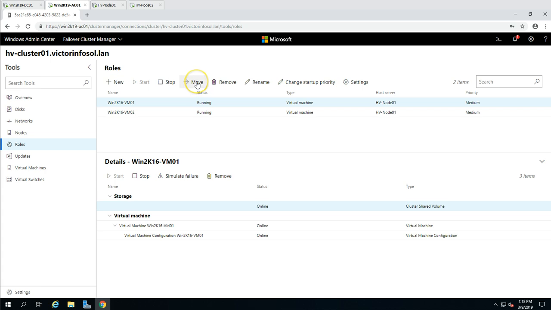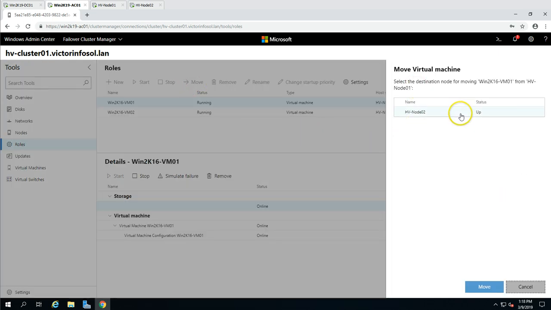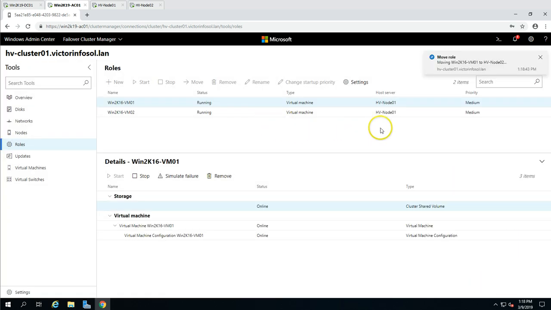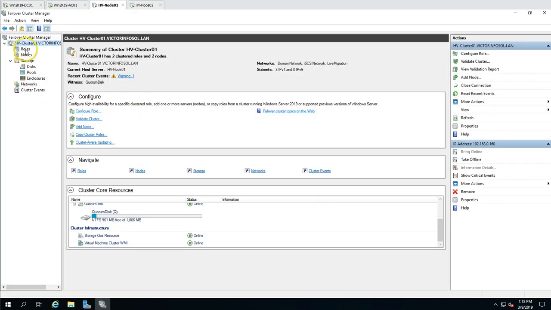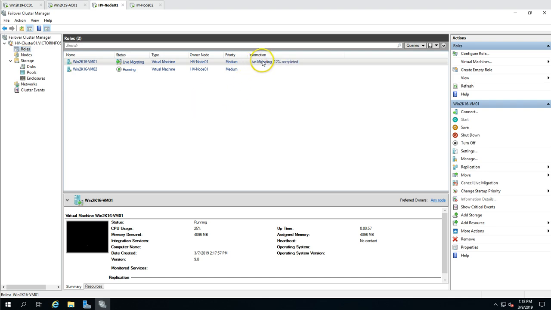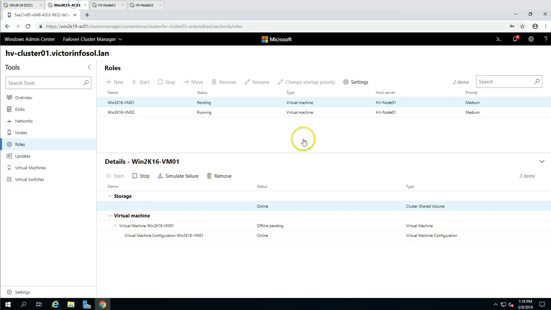And also you can move the roles. So it's running on node 1. Let's try to move it to node 2. You can simply click on move, and then choose where you want to move. So I'm going to select my node 2 and move, and it's going to do the live migration in the Hyper-V cluster. So if I go here now, you can see live migration has been initiated. So you can basically do the live migration from this Windows Admin Center for a cluster, which is a good thing. And if you go to updates,